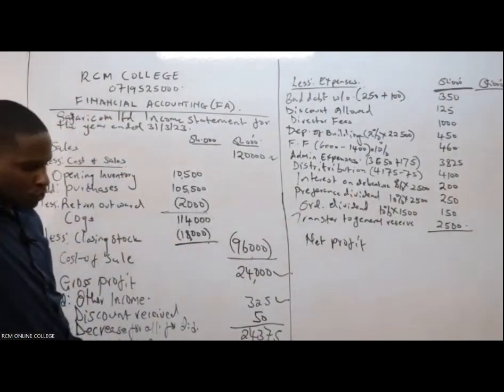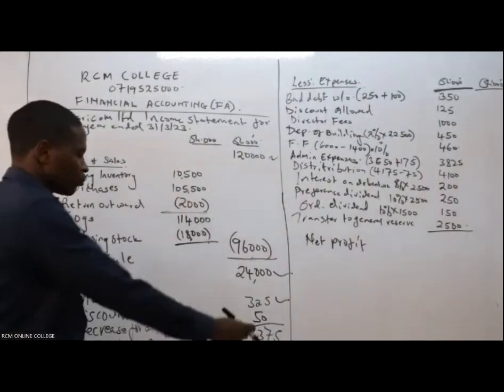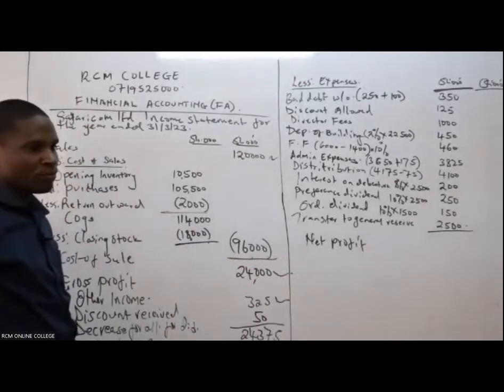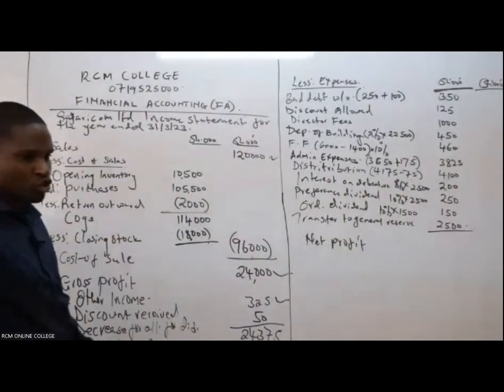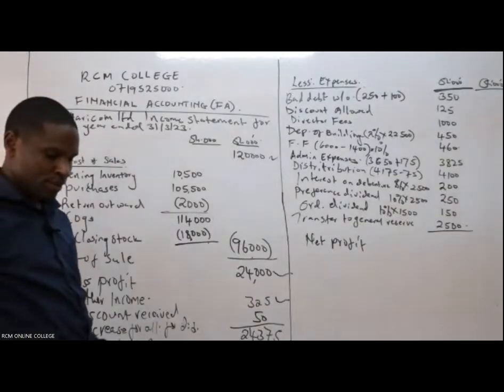So that we are able to. Okay, Sharon, you can proceed and get our net profit. Take 24,375 minus that. You get our net profit, so that we are on the same page. Sharon is getting 11,250. That has become too much. Sharon, 24,375 minus 13,160. Is that giving you that? I think here we need other people to come help us, so that we get a variety of answers.